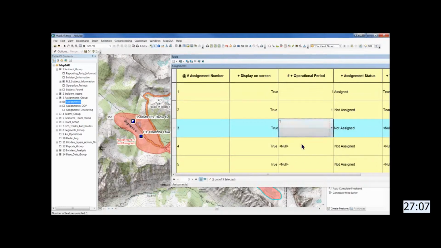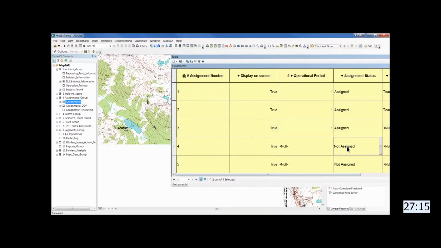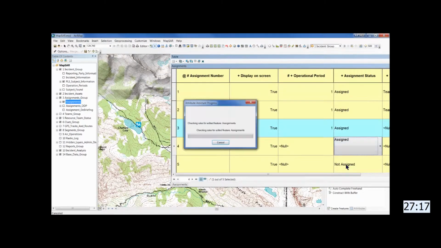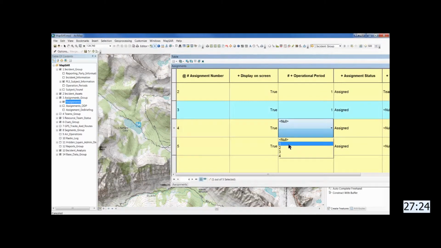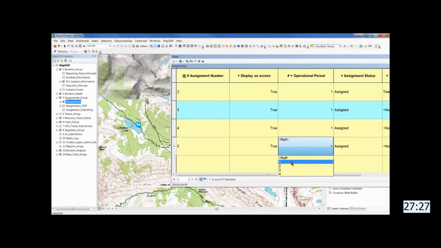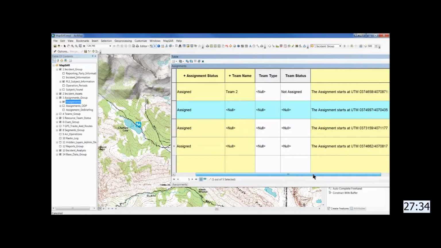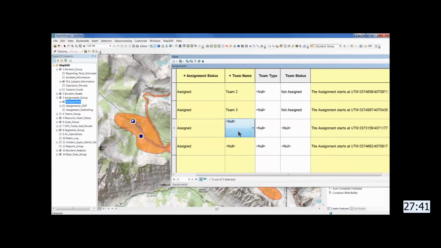And as you may have noticed in the last video, this is actually a good idea, because if for some reason a glitch created an extra sliver of a polygon, then you can tell that pretty immediately in this table and either delete it or merge it with its adjacent polygon. So I'm just filling in team assignments,